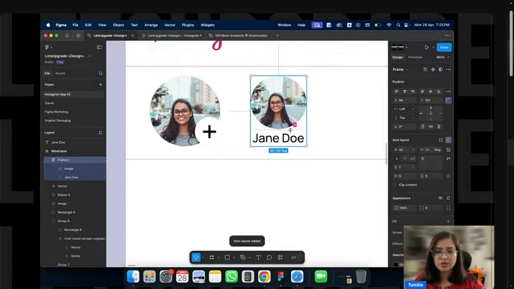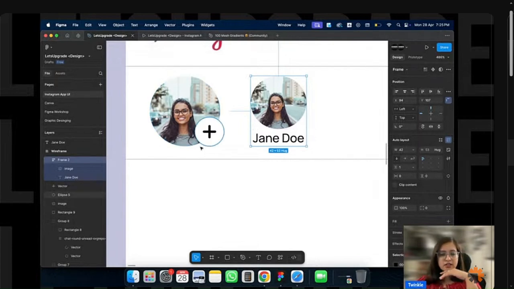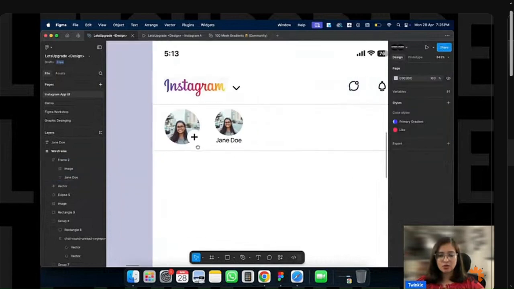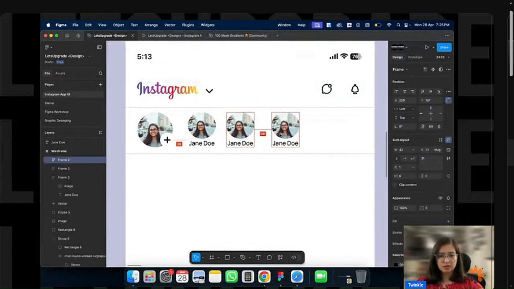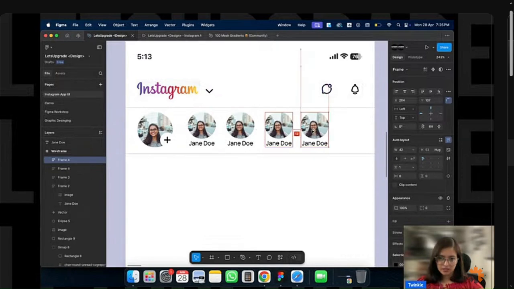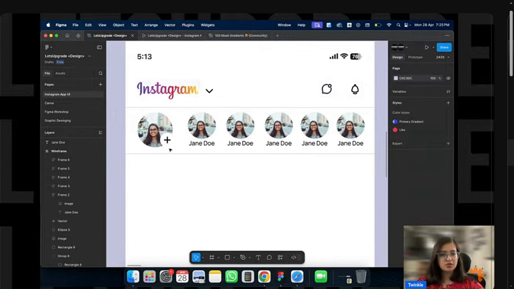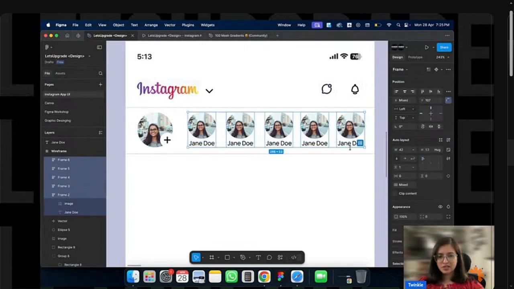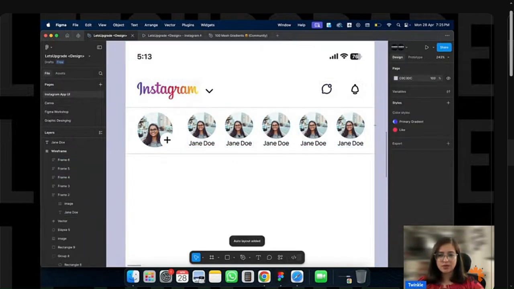So I'm just going to add auto layout again. But I'm not sure if there should be a text like your account or my name or something here, because this is going to end up looking a little uneven, probably. But I'm not sure. I don't feel the need of adding your account text over here. I know it's my account, that is why I'm seeing this button. So I'm not sure if Instagram does that or not, but okay, let's see. Anyways,